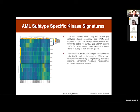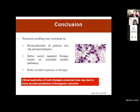So then we also showed the same patients to cluster together with the therapy-related AML and myelomonocytic AML in another experiment, which was the unsupervised clustering of significantly abundant proteins, highlighting molecular mechanisms more akin to these subtypes. So to conclude this part of the talk, our proteomic profiling may contribute to reclassification of patients into other risk groups or AML subtypes, as well as better select targeted therapy based on activated protein pathways, with the kinase signature that we identified,